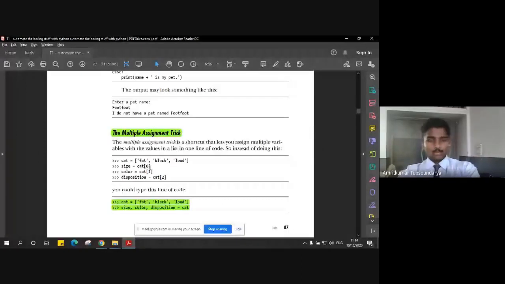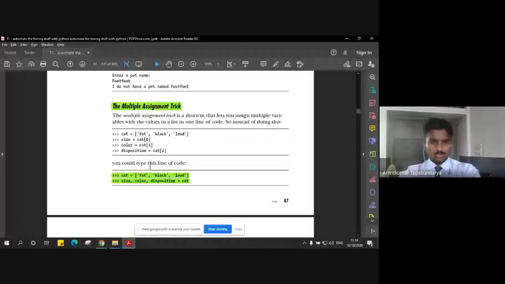Now let's look at the multiple assignment tricks, which we have already seen, but just to recap. Let's say we have the list called cat, and we have assigned a few characteristics to the list cat. The labels say fat, black, and loud, right?